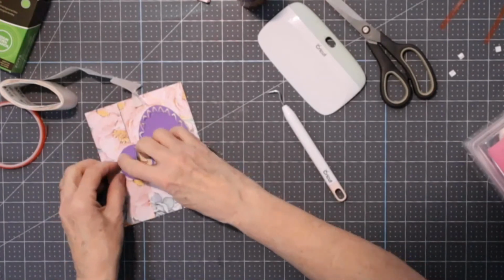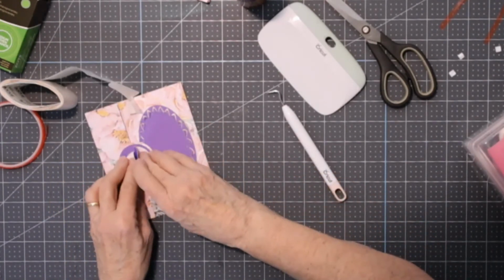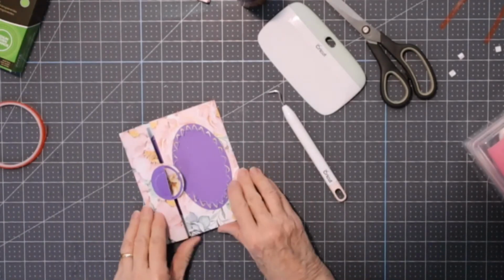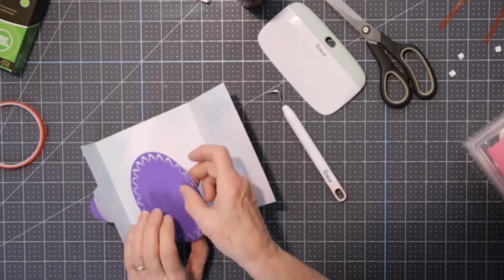Now this is the knob. I want to make sure it comes out. There we go. And this is so that you can pull the card open. This is a really cute little card. Let's move my zots out of the way. And you open it up, and of course you have another greeting. And with this greeting,